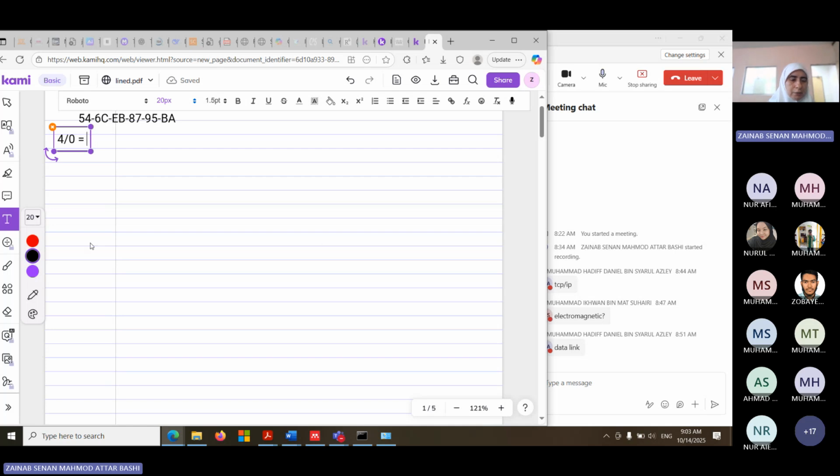Okay, it's infinity. But when we go to the computer, that's like the biggest crime. If we leave it alone, it will explode from this 4 over 0. Because of how the computer is designed, if you go to the low-level language, it is a very crazy idea to have 4 over 0.